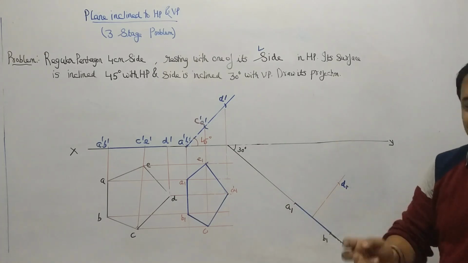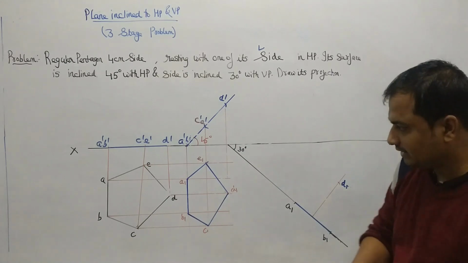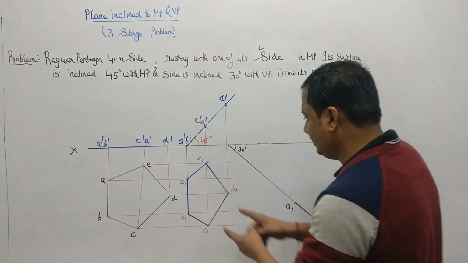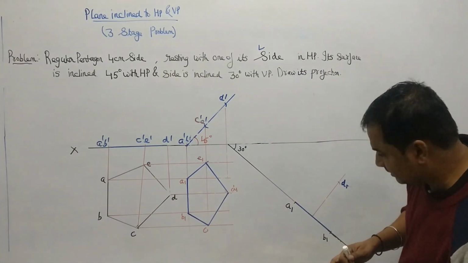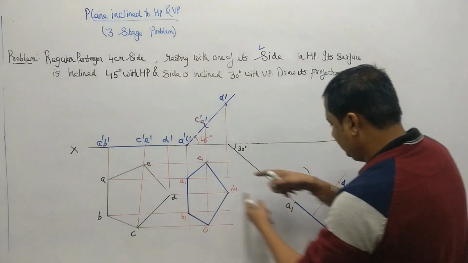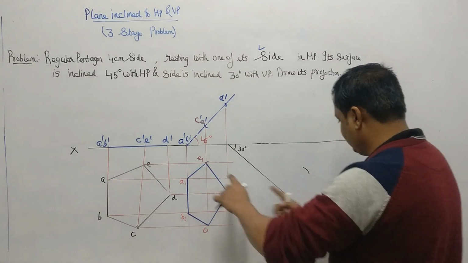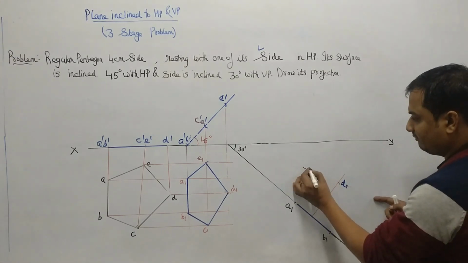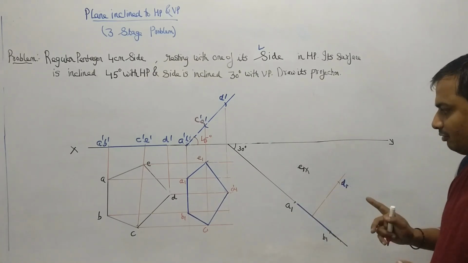Now 2 points are remaining, that is E1 and C1, to complete this pentagon. So now again I will be taking the compass, measuring this A1 E1, and I will be keeping it here, marking one arc like this. Then I will measure D1 E1, and I will be cutting, crossing that arc. So this is the point I will be getting, that is E1. So A1, D1, E1 and B1 I have obtained.